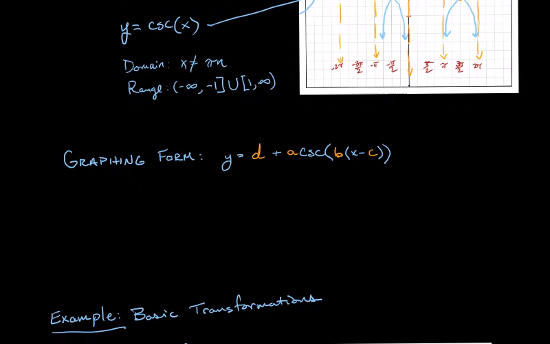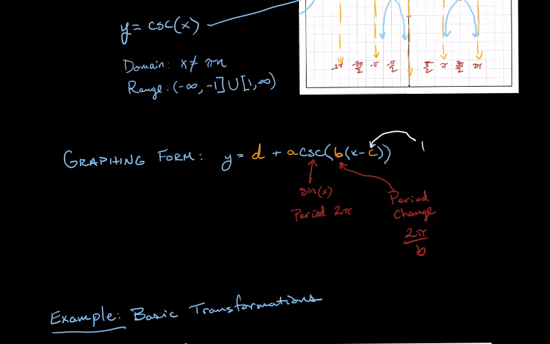So here we go. There's your graphing form. Your graphing form is the same as it has been for all of them. Just remember, we're working with something related to sine. The period of sine is 2 pi, so the period of cosecant is also going to be 2 pi. So our period change can be found by doing 2 pi divided by b. D is still our vertical shift, A still tells us the amplitude and reflections,